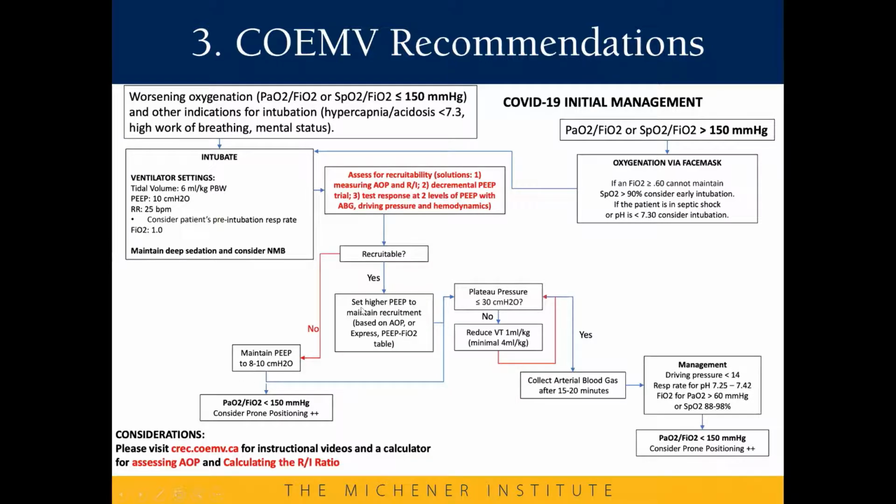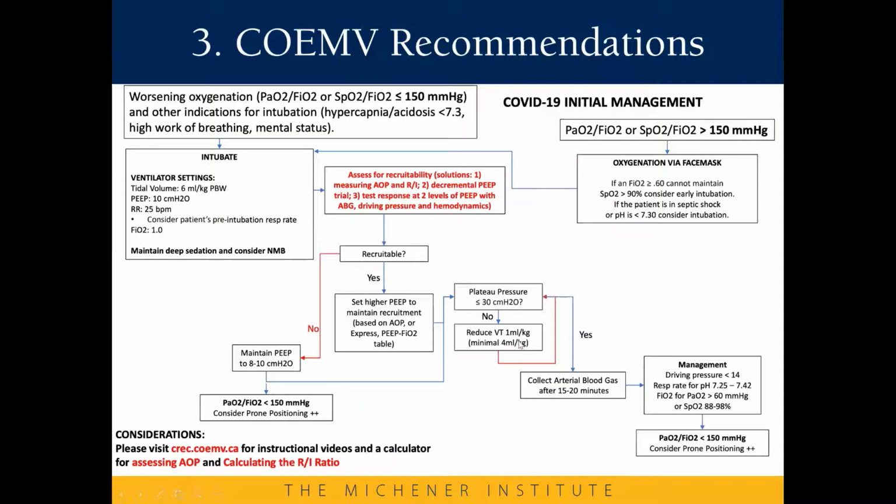Okay, so we've talked about if they're not recruitable. Going back to if they are recruitable, we're going to set higher PEEPs to keep our plateau pressure less than 30 centimeters of water. So currently we're ventilating at 6 mils per kilo. And if our plateau pressure is higher than 30 centimeters of water, we're going to go down to 5 mils per kilo and set that and assess our plateau pressure. If it's still higher than 30 centimeters of water, we can go down to 4 mils per kilo. But again, we're not going to go lower than 4 mils per kilo. That's the lowest that we will go to